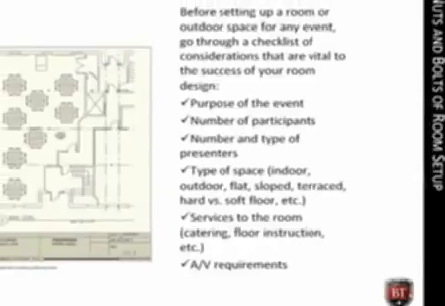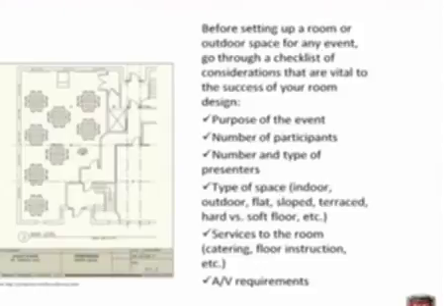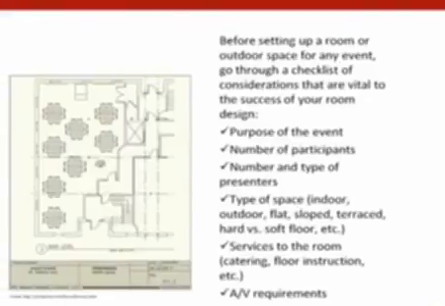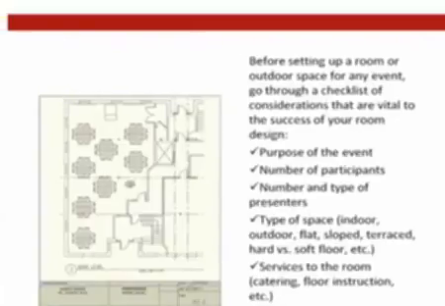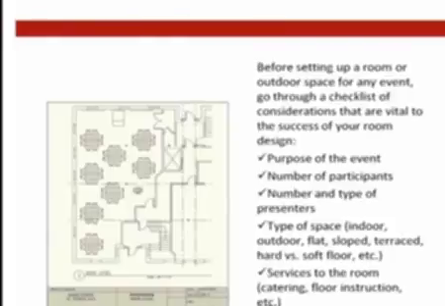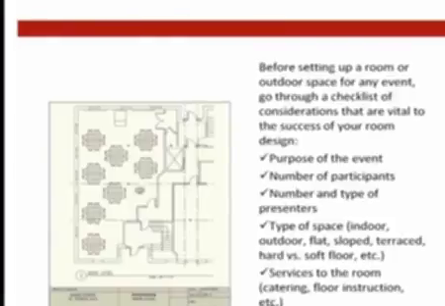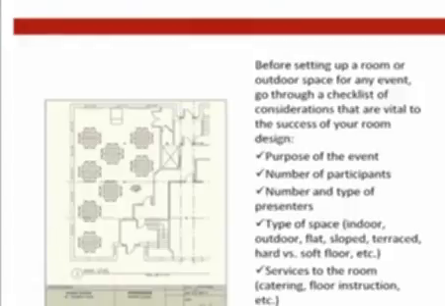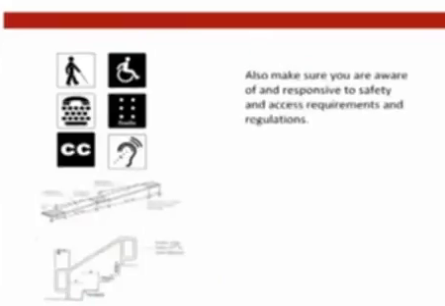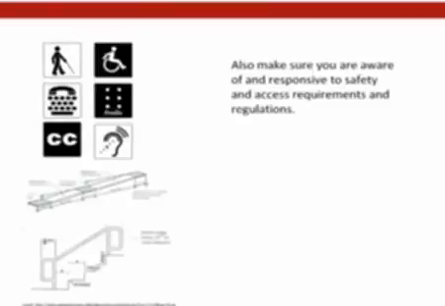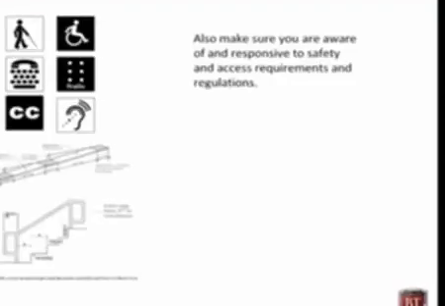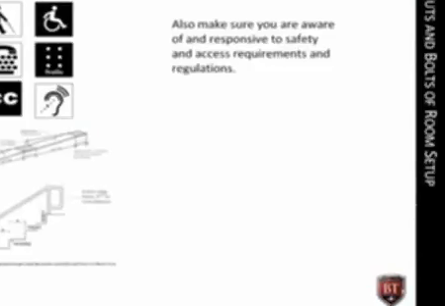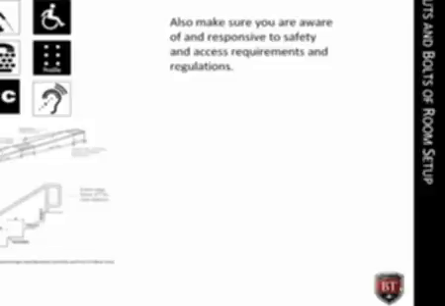Before setting up a room or outdoor space for any event, go through a checklist of considerations that are vital to the success of your room design. The purpose of the event, number of participants, number and type of presenters, type of space, indoor, outdoor, flat, sloped, terraced, hard versus soft floor, etc., services to the room, catering and floor instruction, for example, and AV requirements. Also make sure you are aware of and responsive to safety and access requirements and regulations. These include room capacity restrictions, fire codes relating to chair and table spacing, capacity of egress points, type and source of lighting, signage, heights of stairs, ramps,